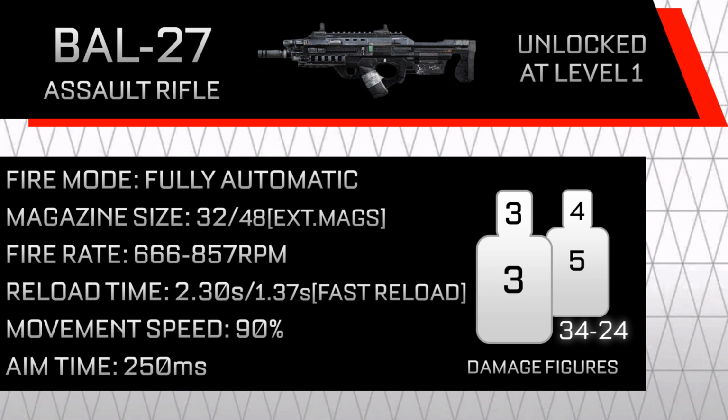The magazine size for the Bal-27 is 32 rounds, which is pretty average for a normal assault rifle. If you equip extended mags, then it just boosts the amount of ammo up to 48 per magazine. The fire rate for the Bal-27 is a little bit complicated, so I'll try my best to go in depth